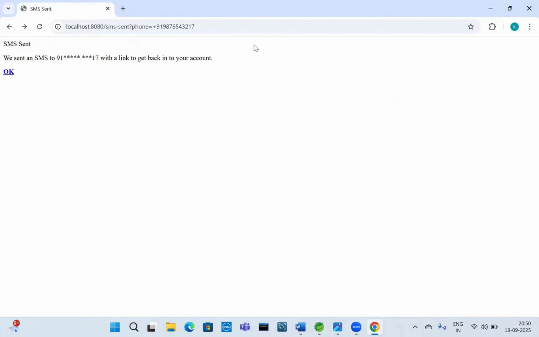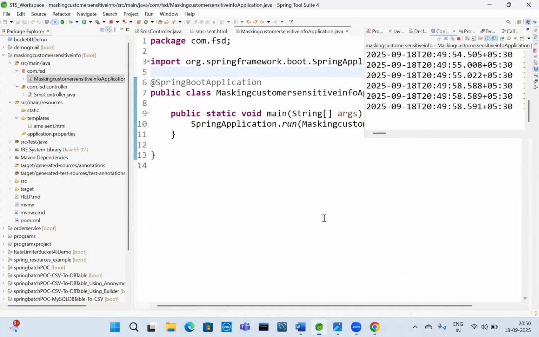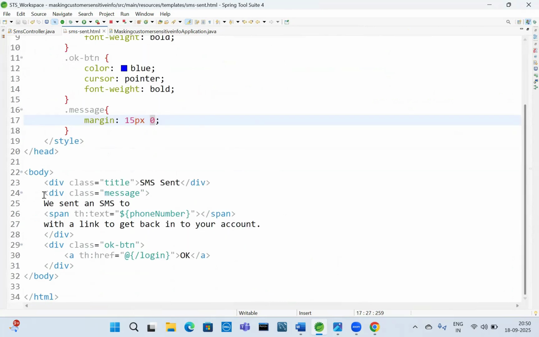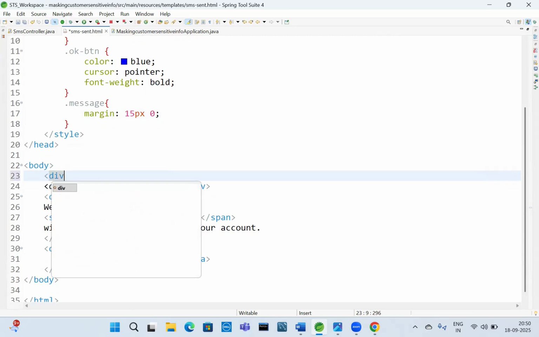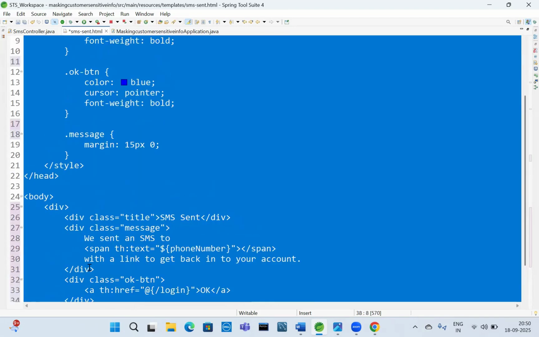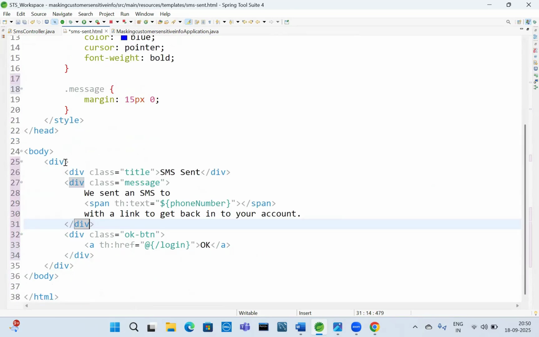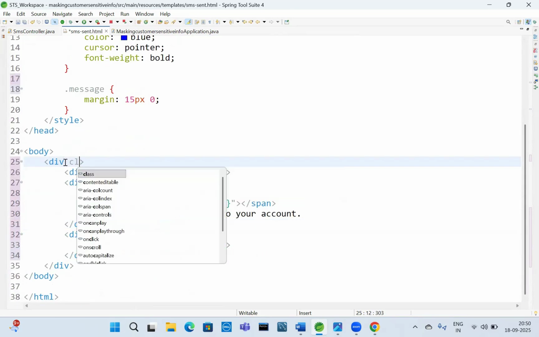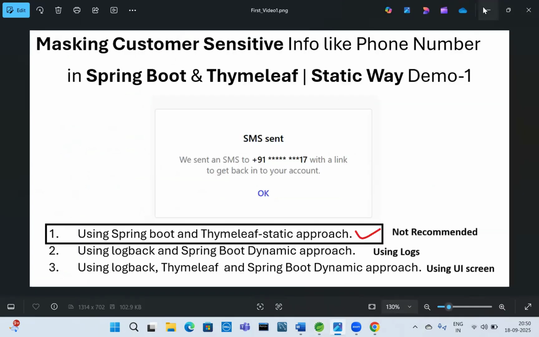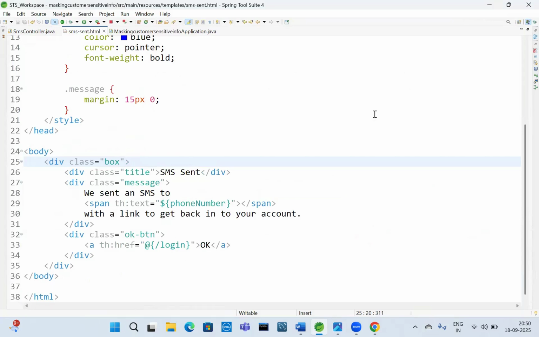So now we need one box. So what we need to do, let's move this into one div. Control X, div, select all, Control Shift F, pretty printing. Good format. Here class, suppose box, we need a box. Here it is there in box, we need a box. For that,